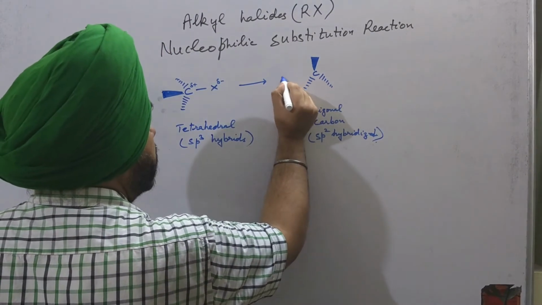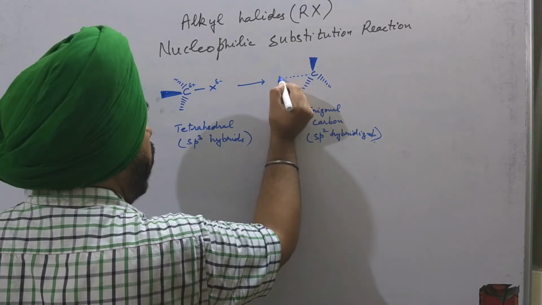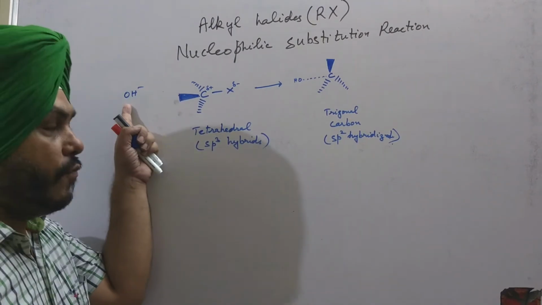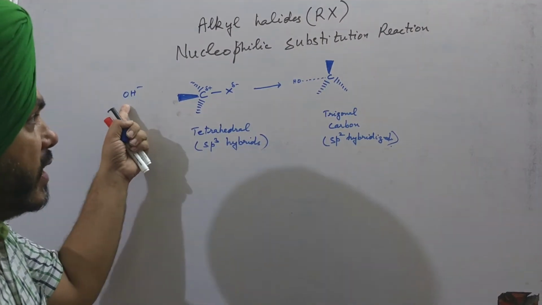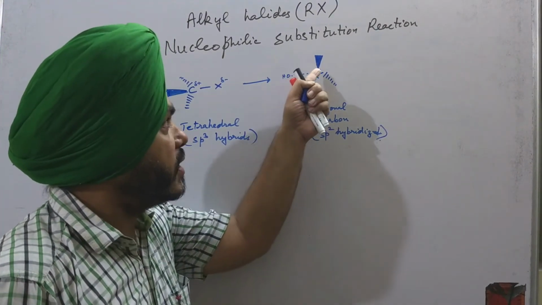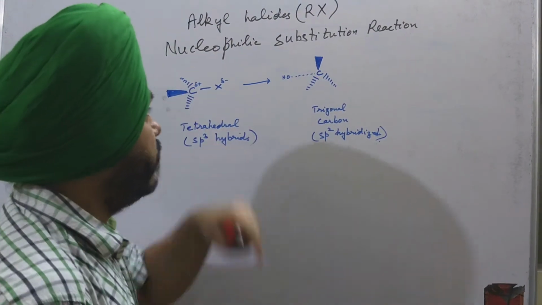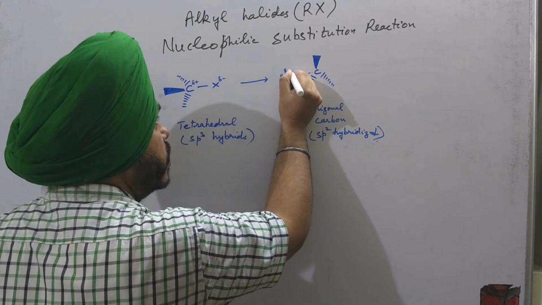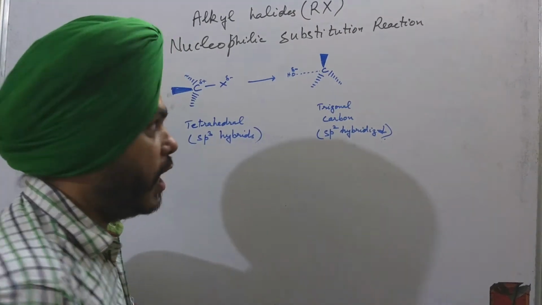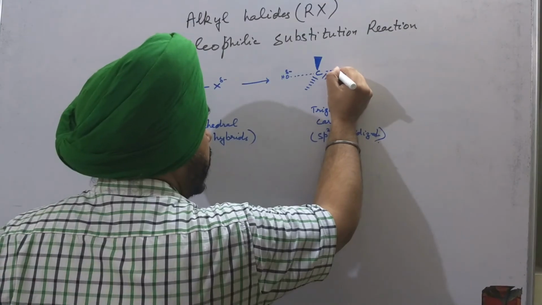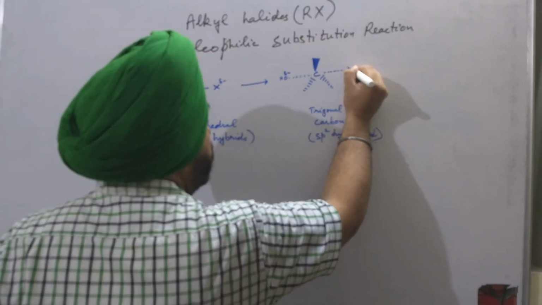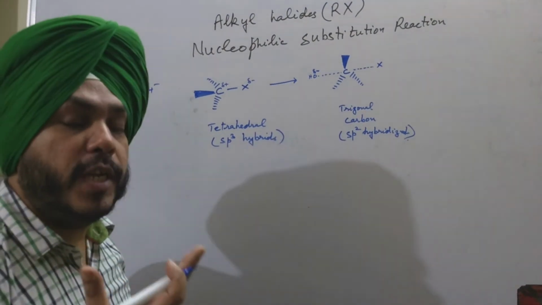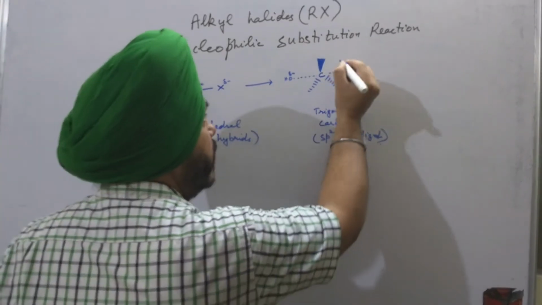Right? And there is a partially formed bond with the OH group. So OH negative nucleophile, it came with the negative charge, but it has now started giving its extra electrons to the partially positively charged carbon atom, and so its total negative charge has been reduced and it is now only partially negatively charged. On the other hand, the halogen atom has begun to take away the shared pair of electrons, but it has not completely taken hold of the shared pair.